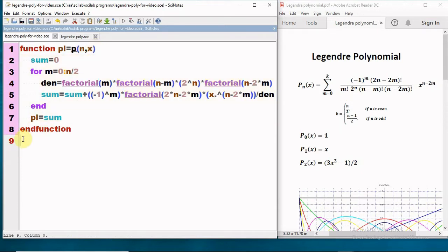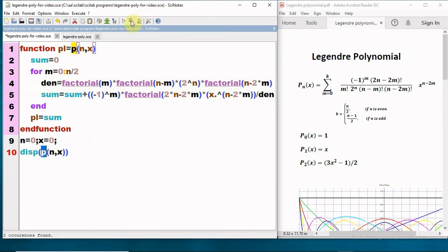So let us check whether this function is working or not. For that, we have to test for different values of n and x. Let us try with, say, n equal to 0 and x equal to 0. The value of the Legendre polynomial should be returned as 1. So let me display. I have to call the function using the name which I have used here, so I will be calling the function with the name p.